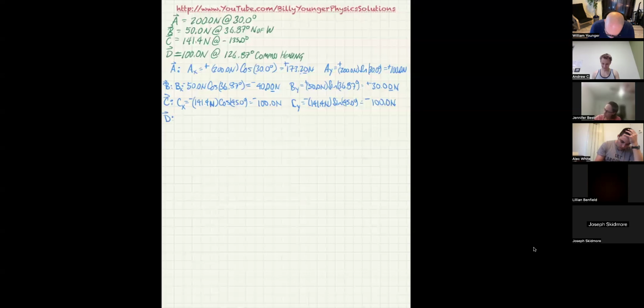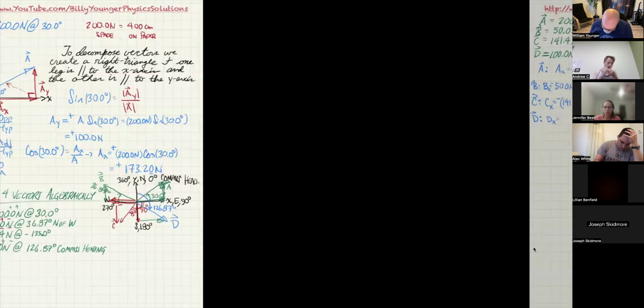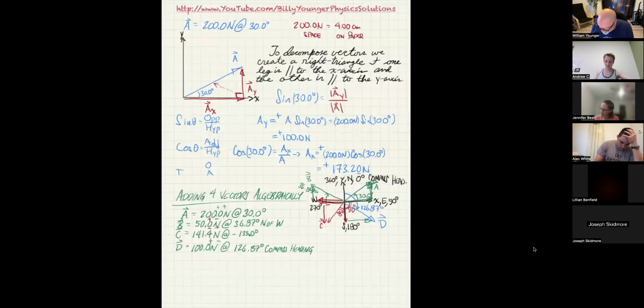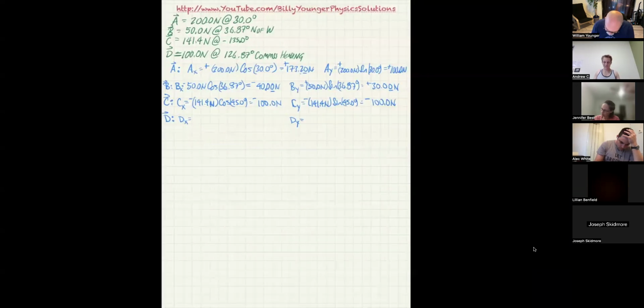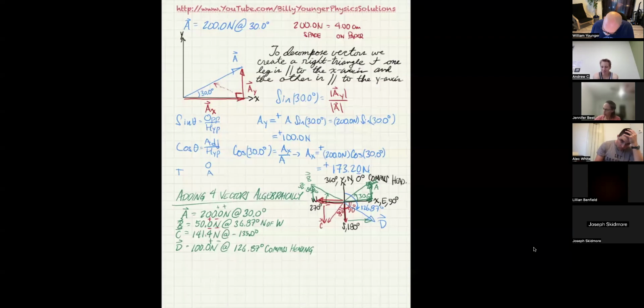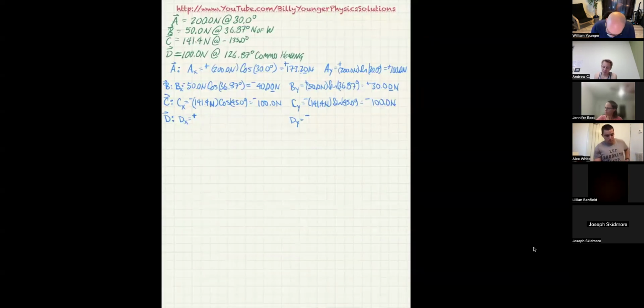And then finally, we've got D vector. So D sub X and D sub Y is what we've got to figure out here. Now, if you look at D vector, you can see that the Y component is negative, but the X component is positive. So the Y component is negative, the X component is positive. So I'll put that there. Not only that, we can see that 36.87 is actually between it and the X-axis. So if I took the cosine of it, that's going to give me the X component. So I'm going to go ahead and say 100.0 newtons times cosine